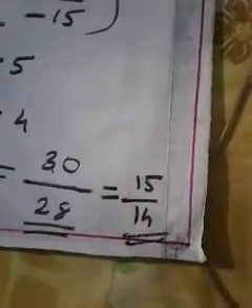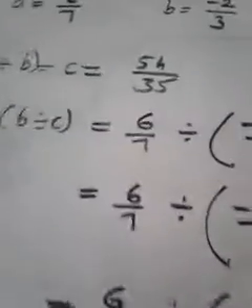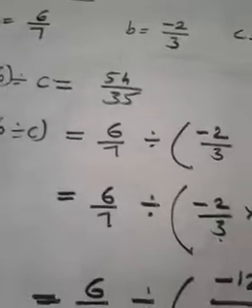See, it is 54/35 and it is 15/14. Can you say that both are equal? No, both are different. That means (a ÷ b) ÷ c and a ÷ (b ÷ c) came out different. So in the first example itself it is spoiling.